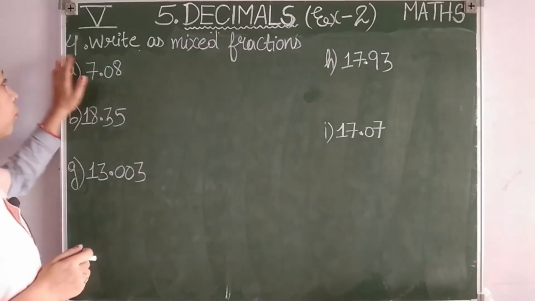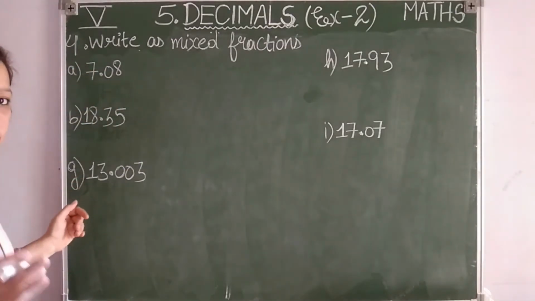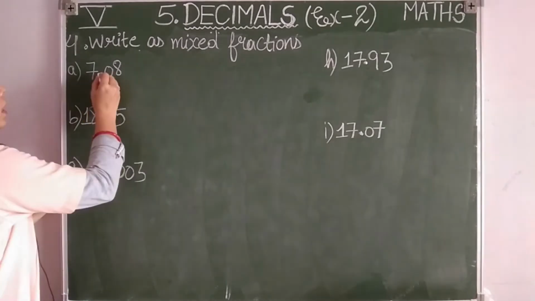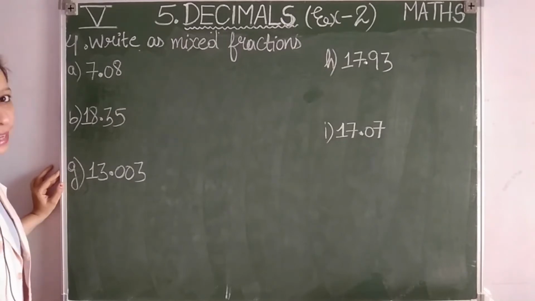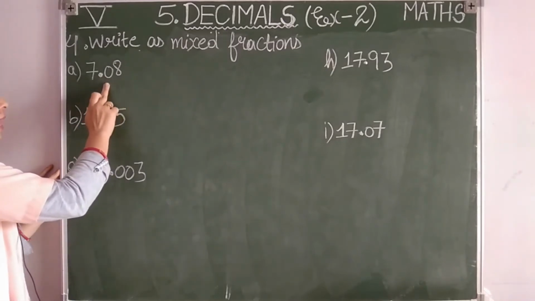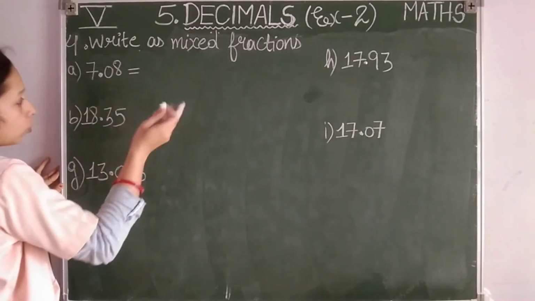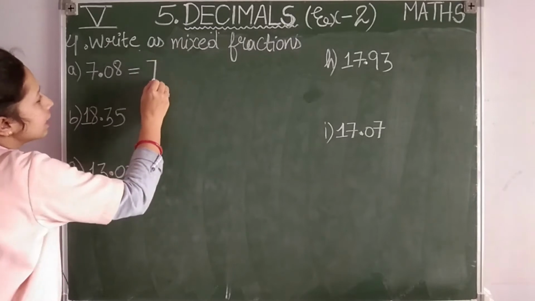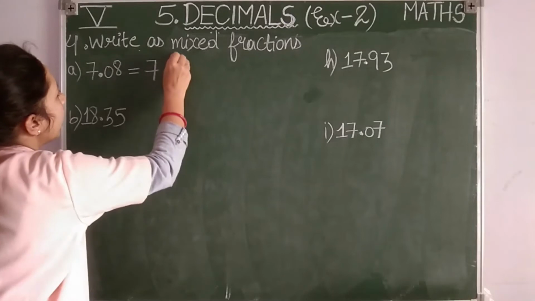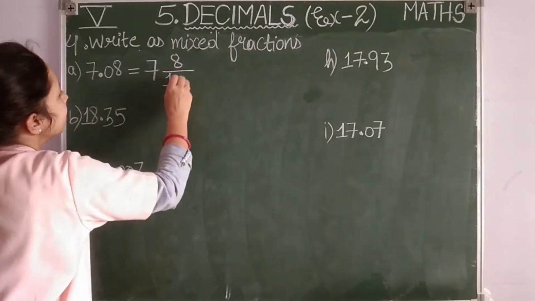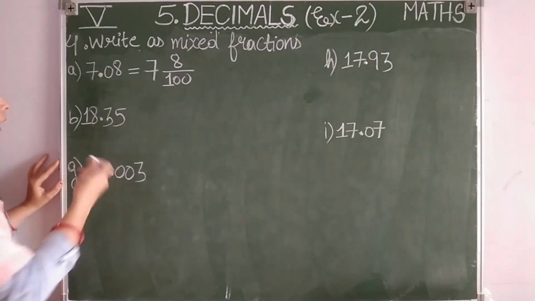So students, question number 4: write as mixed fractions. Decimal numbers are given, you have to write them as mixed fractions. Again it is very simple, just see. First you have to see the decimal point and the digits or places after the decimal. How many places are there? Tenths, hundredths. Up to hundredths places there, na? So how to do, let's see. First I'll write here 7, which is the whole number. Then for the 08, I'll write it as 8 upon 100. Reason, here the place value of 8 is hundredths. Okay, so 7, 8 upon 100. Okay, next one,